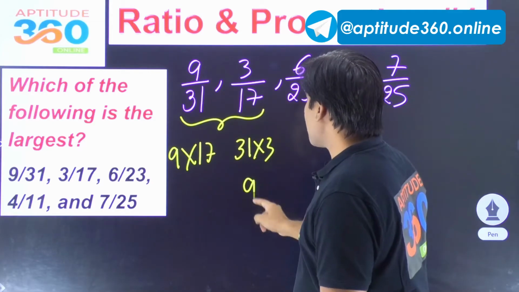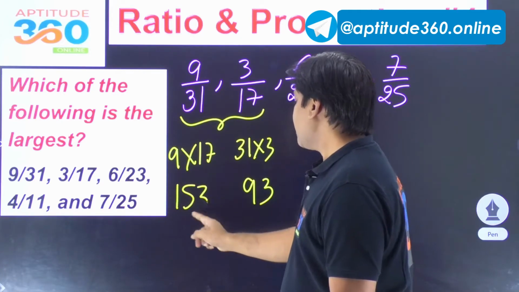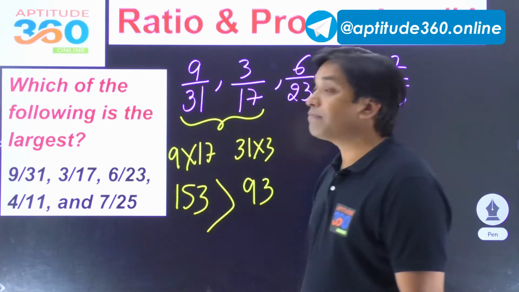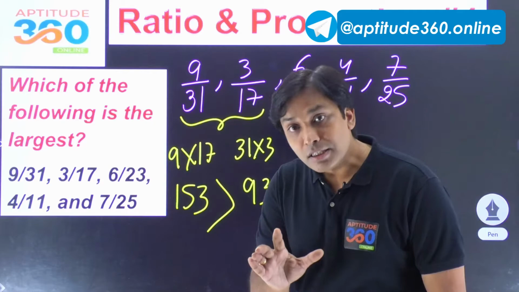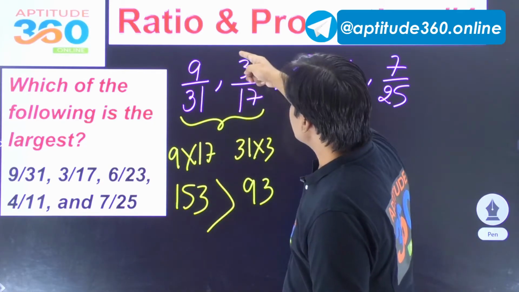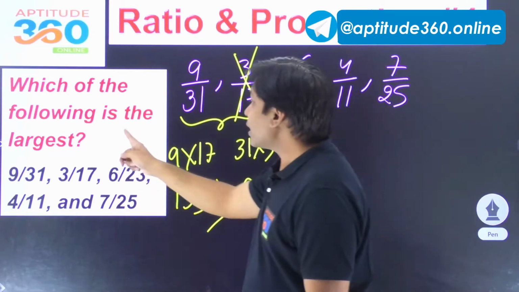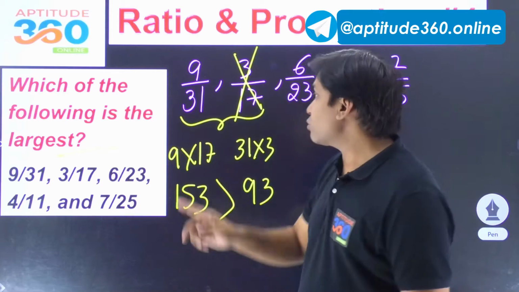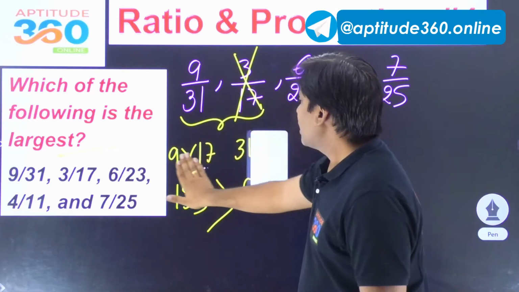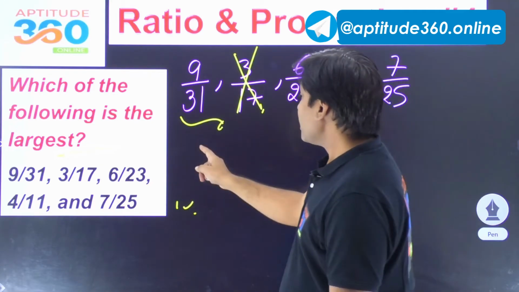31 into 3 comes out as 93 and this value is 153. Obviously 153 is bigger out of these two numbers. Then you will say that okay, this one is the smaller value, this is the larger value, and what is that we are looking for? We are looking for the largest value, so this one cannot be the largest. ये कंपैरिजन यहाँ पे खत्म हो गया, आप समझ गए।